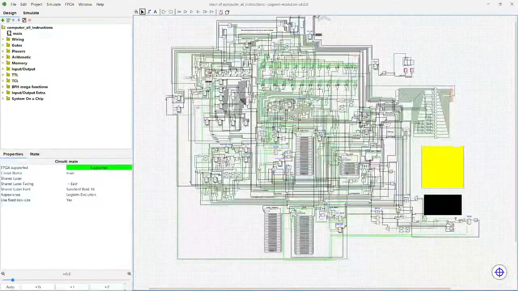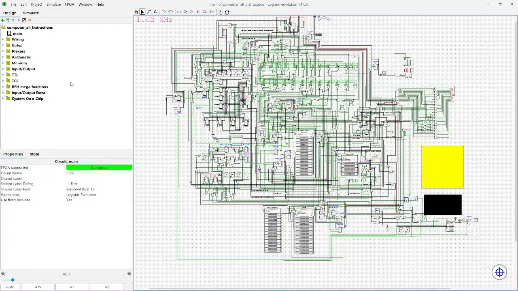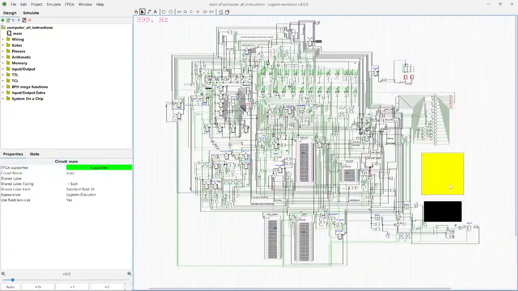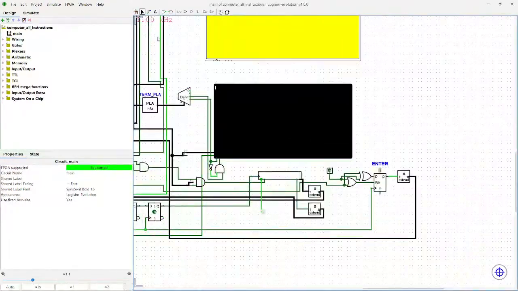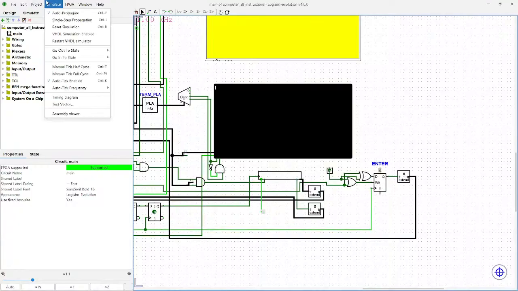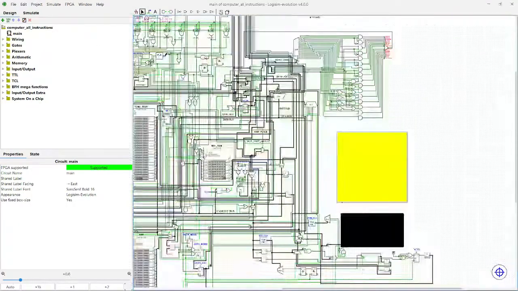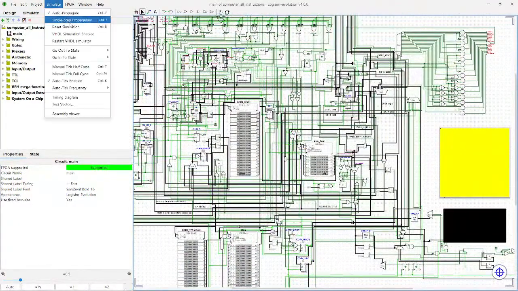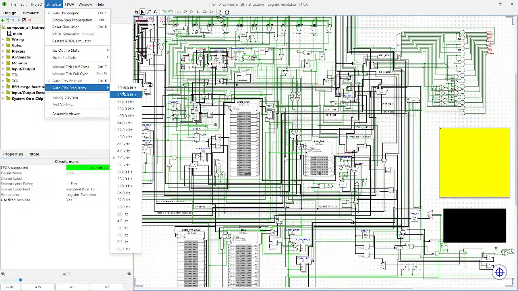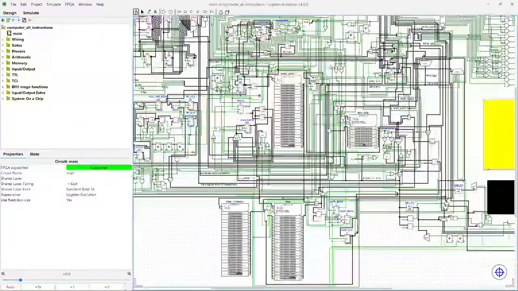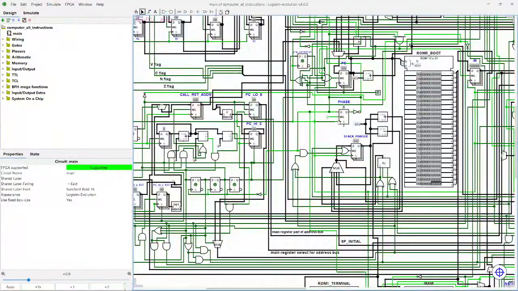Yeah. We have programs running on this, bro. Hold up. I don't know how fast the simulation can actually run this. But